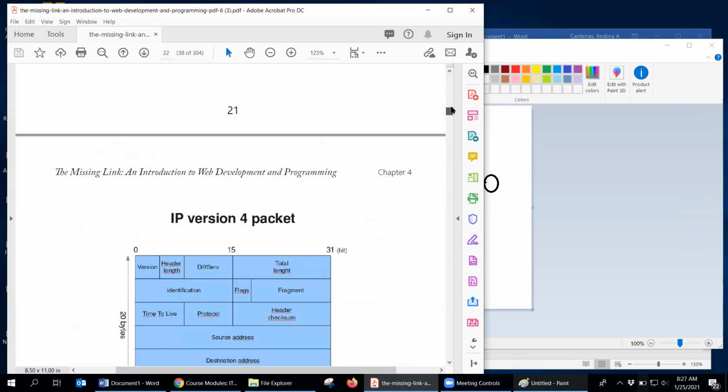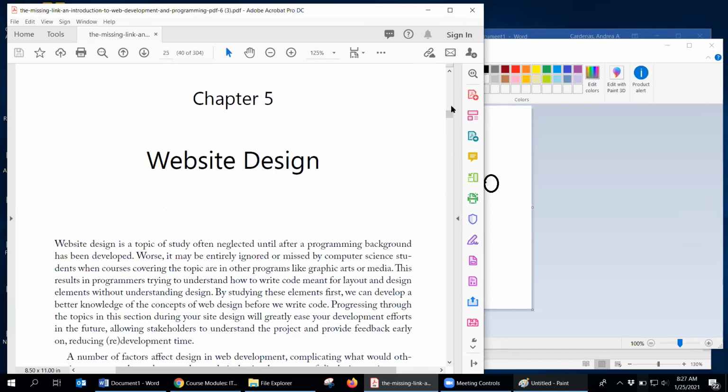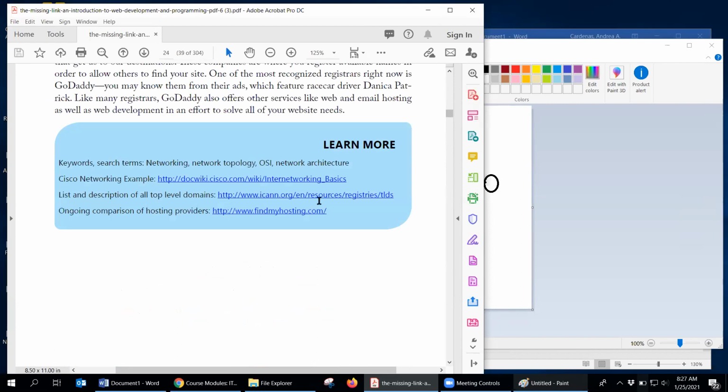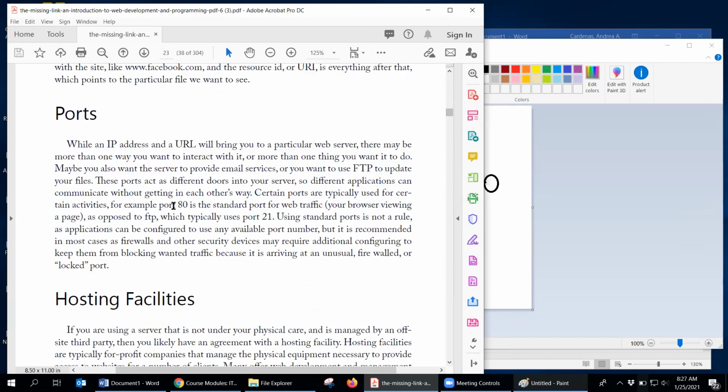The ports are basically numbers assigned to different capabilities of your computer. So for example, port 80 is the web traffic, or HTTP. Ports 20 and 21 are used for FTP. Now, if you go back into this,